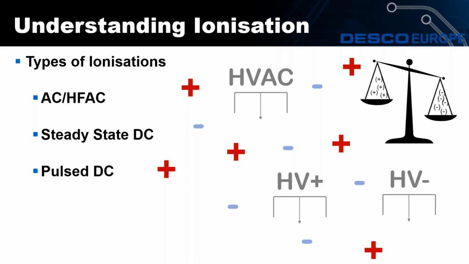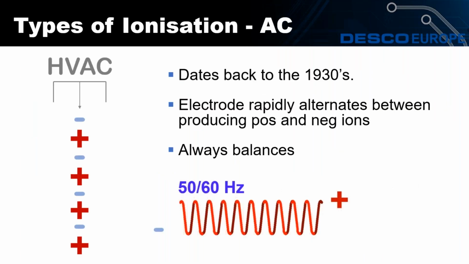Now, there's various types of ionization. There's AC, which is alternating current, steady state direct current, and pulse direct current. We use primarily the steady state direct current, although we do have a range of products that also operate in the alternating current sector of ionization. So let's first of all look at